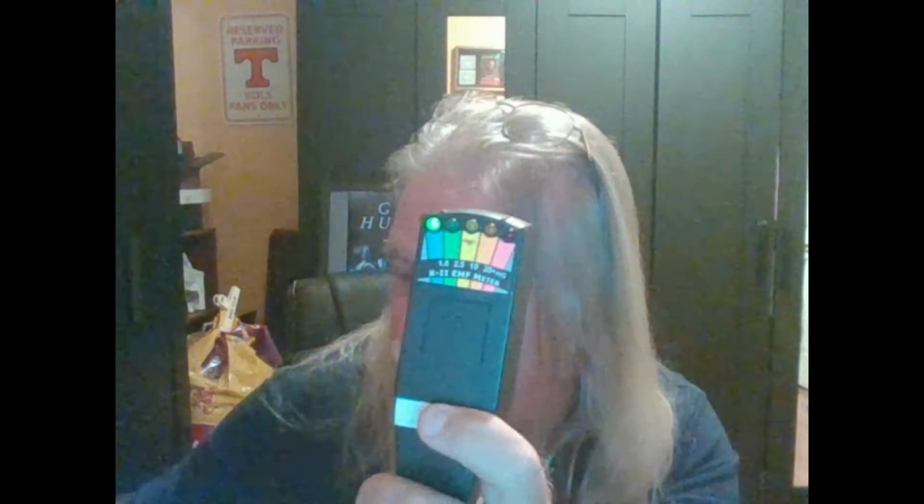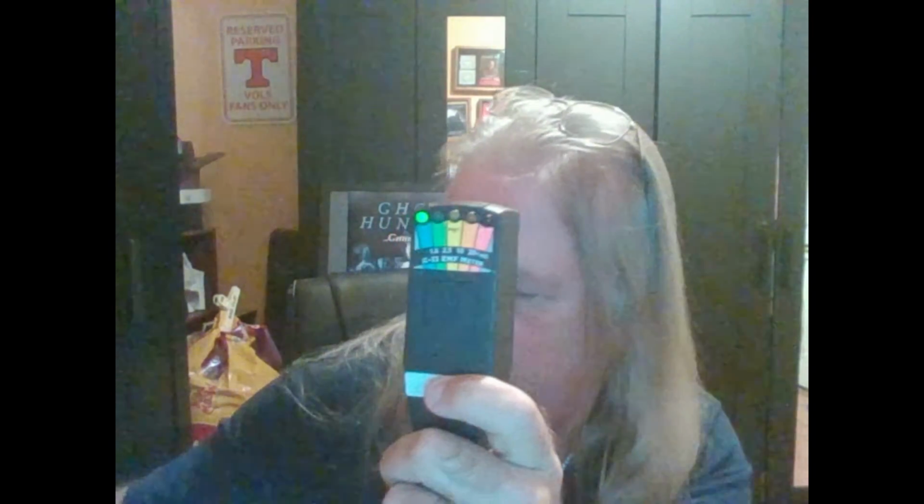Now, most people will carry a K meter with them, because you can shove one in your pocket. You can carry them with you when you're doing EVP sessions. A lot of investigators will use this with EVP sessions. When you're asking questions for the K meter, it can't be what color's your hair. It has to be yes or no. Like, are you a man? Did you work here? Did you die here? Things like that. So during an EVP session, you can actually say, are you a man? And if it lights up,